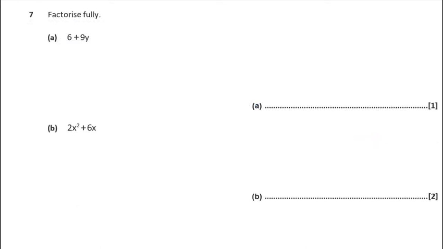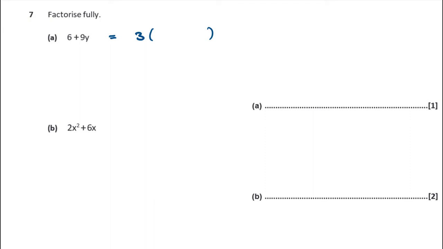Question 7, factorize fully these two expressions. Now, when you factorize an expression like this, what you're looking for is common factors in each term. What's common to each term? What's common to 6 and 9y? Well, 6 is a multiple of 3 and so is 9. So we can say that 3 is a factor of both those terms. So what is common, 3, goes on the outside of your bracket, and what is not common or left over